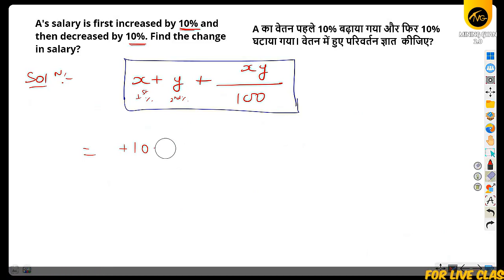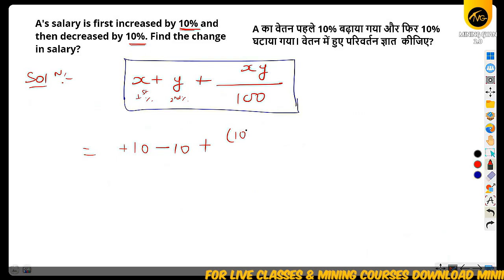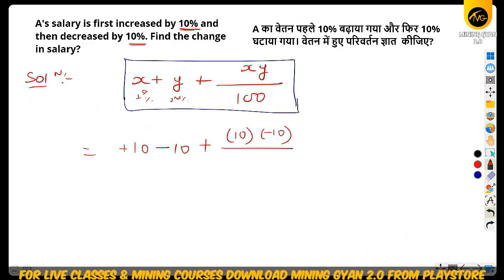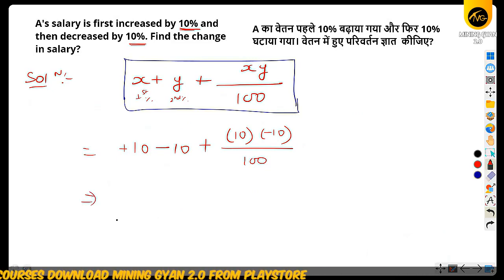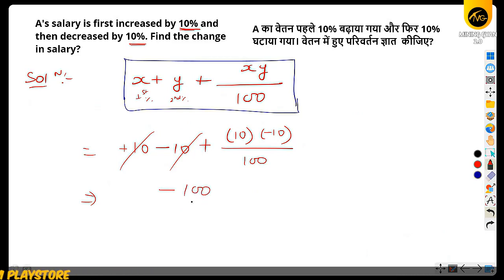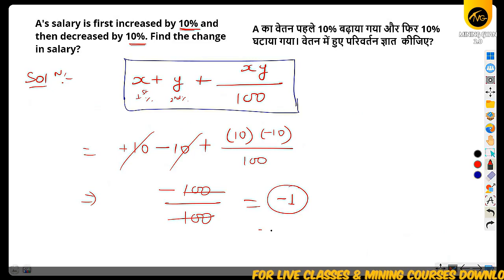So that's why here you can use minus 10, plus 10 into minus 10. Always use the number with the sign, depending on whether it is increment or decrement. You should always use the number with the sign. Now divided by 100. So 10 into 10 will be minus 100, and divided by 100. So it's a minus 1. Okay, minus 1, that means it's a decrement case. That's why 1% का decrement यहाँ पे होगा.